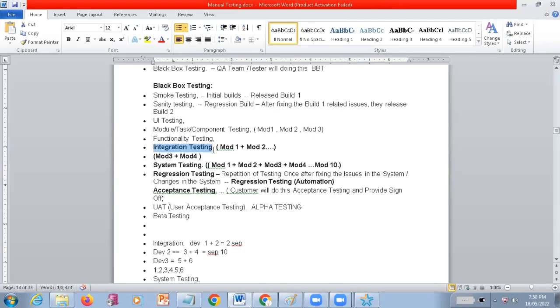In the integration, if they combine module 1 and module 2, the developer will say, we have combined these two things, first you test these two and confirm to us. We do this module 1 and module 2 testing and report if there are any bugs. In the meantime, the developer will develop module 3, and you test it separately, and you also combine module 3